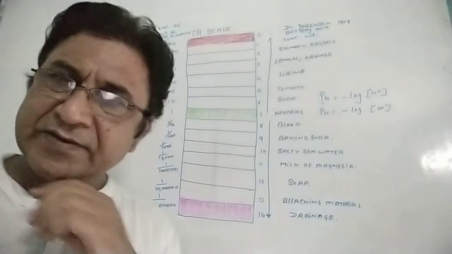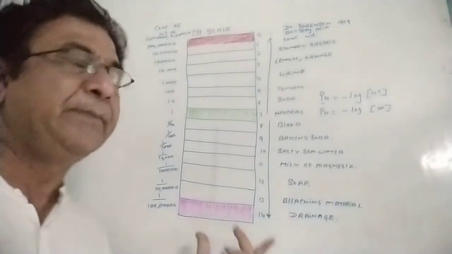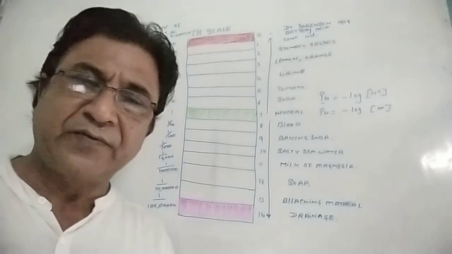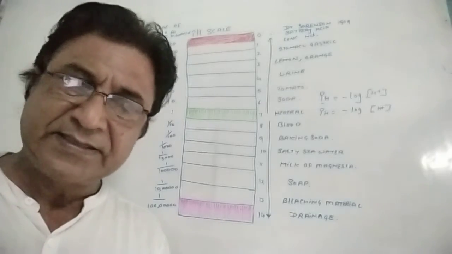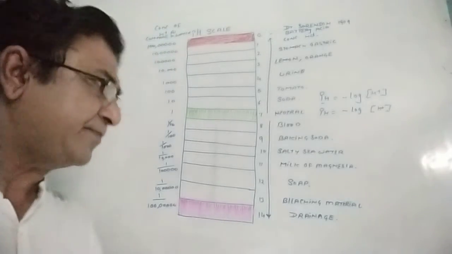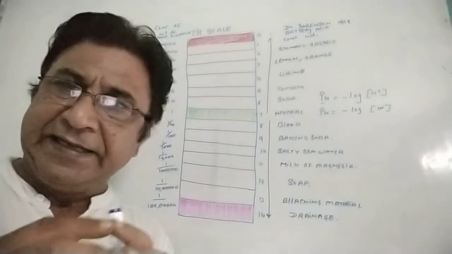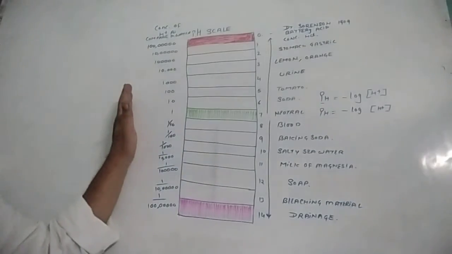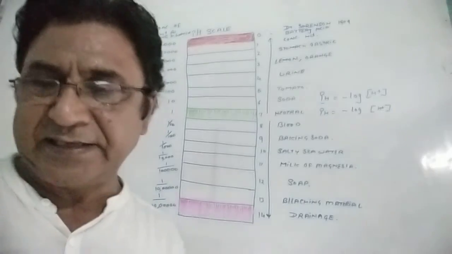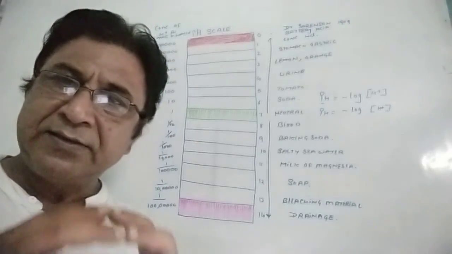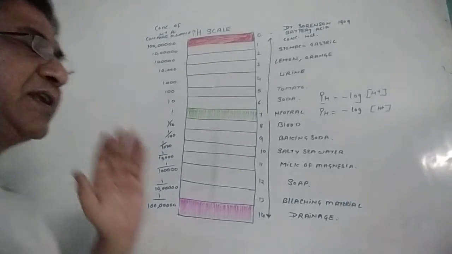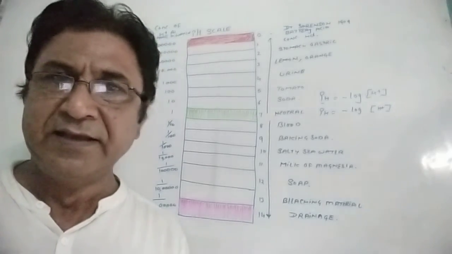And color changes always give the approximate value of the pH, right? The pH indicator is a liquid made up of highly concentrated acids and bases. A lot of combinations of indicators are mixed together to form a universal indicator also, right? But here is the pH. I hope it will help you in the MCQ. I made this video especially for the MCQ, so that you remember the examples connected to the different pH and also the concentration level of the H plus ions decreasing and increasing. Thank you.